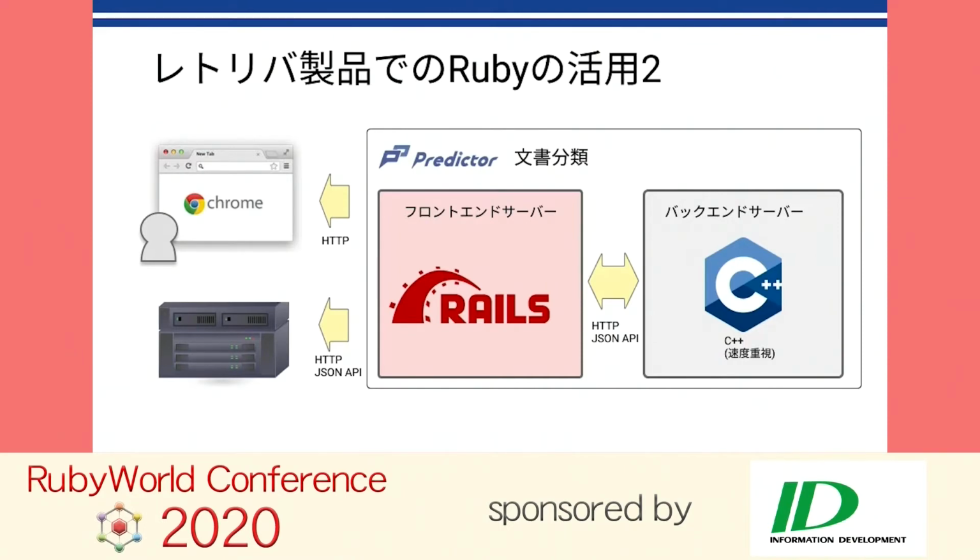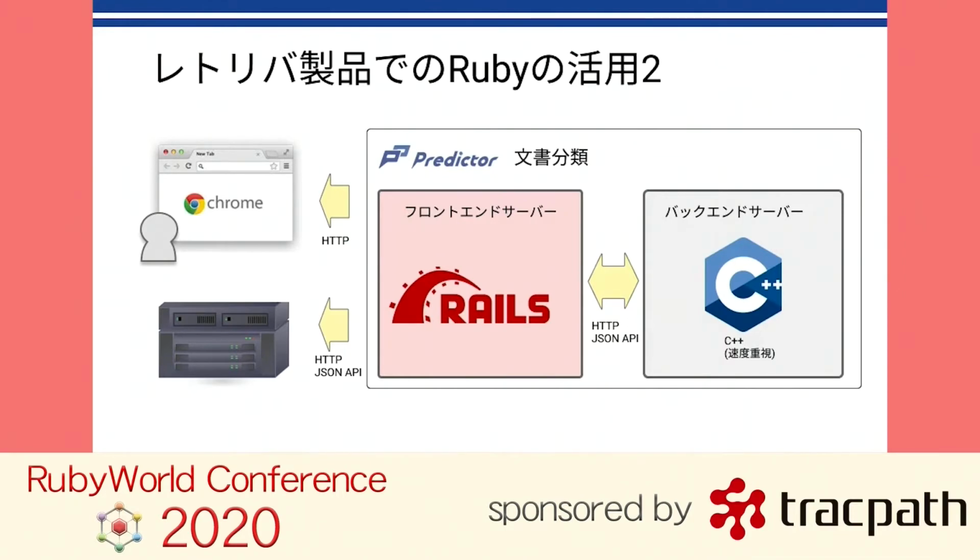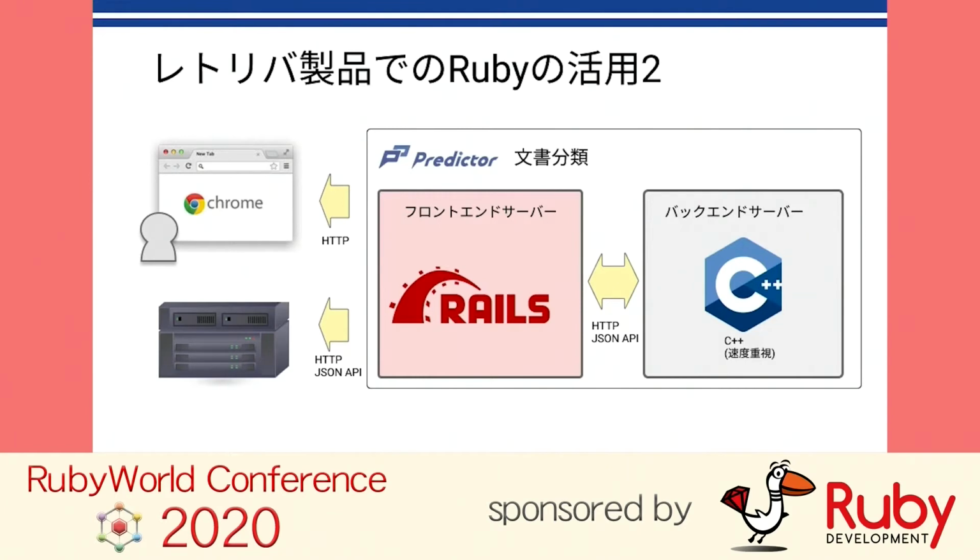For instance, it is quite cumbersome and time-consuming, and therefore C++ is implemented for the priority of velocity and speed, and for the user interface,